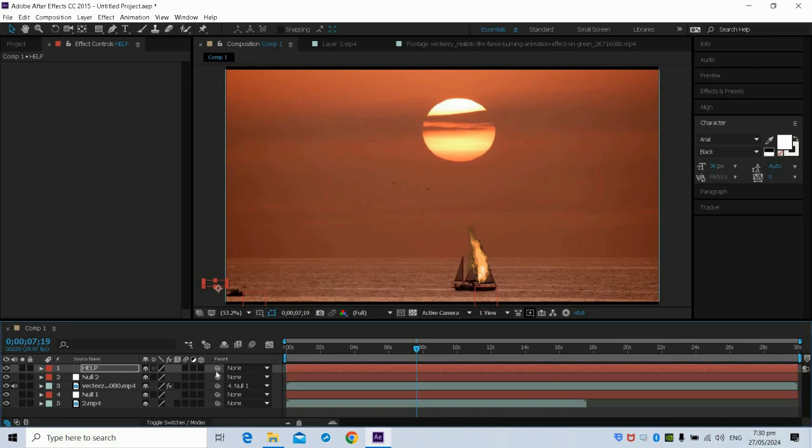So this time we're going to connect the parent button. Click the parent button, the spiral button here again. But this time, since we are going to relate the help text to the track motion of the speedboat, we're going to connect it to the null 2 layer. So click parent, draw a line connecting to null 2. Okay, so it means that the help text will follow the path of the speedboat. Okay, let's try.